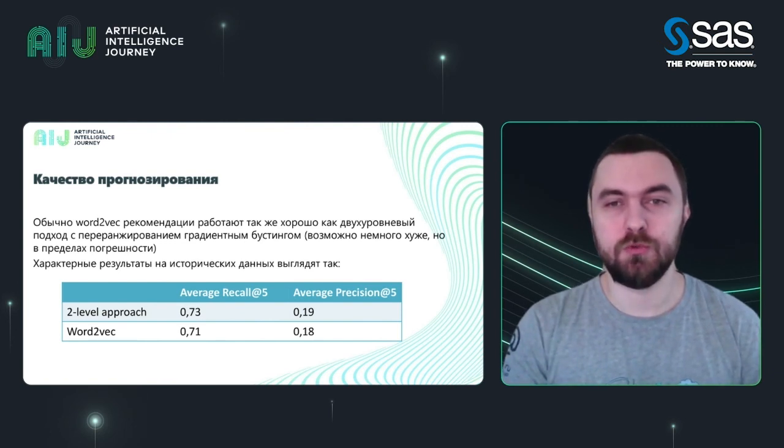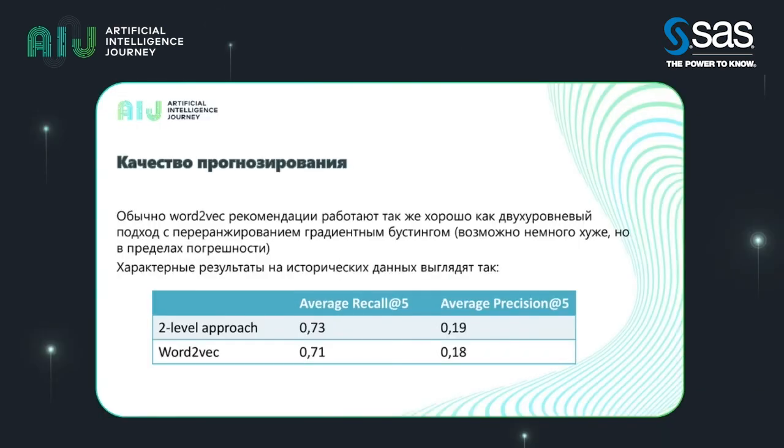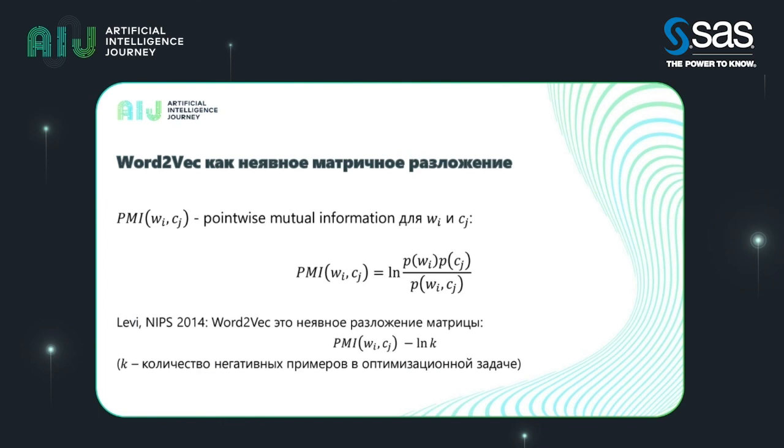Now, if we use word2vec recommendations to just find goods with the vectors closest to the user session, the characteristic results show the following recall top 5 averages. It's compared to the two-level approach. So the question is, why don't we use such recommendations, just word embeddings, as an alternative to our serious two-level supervised approach? Well,